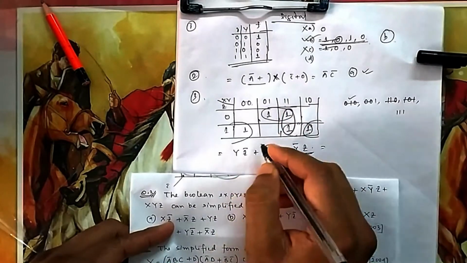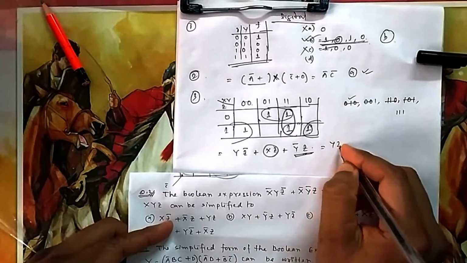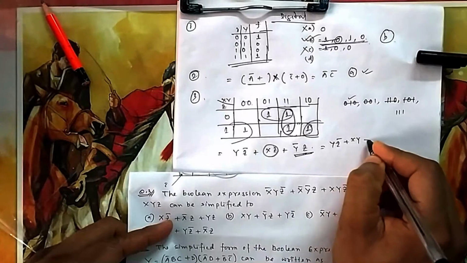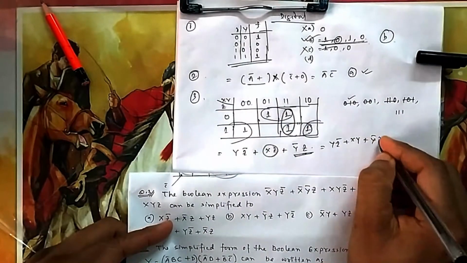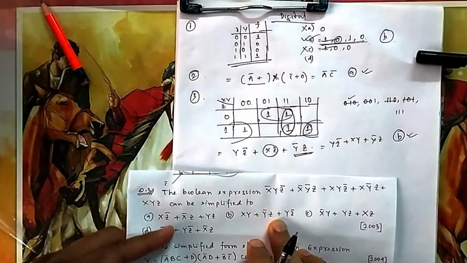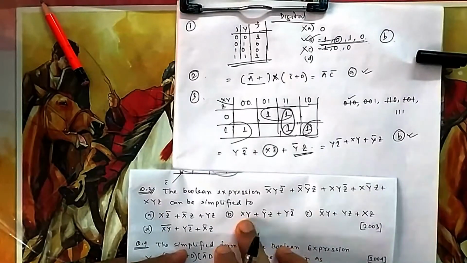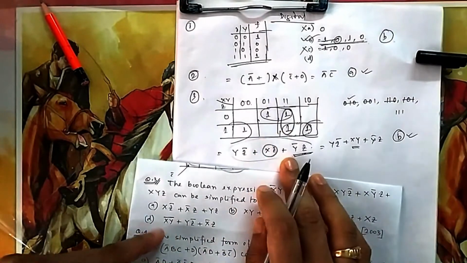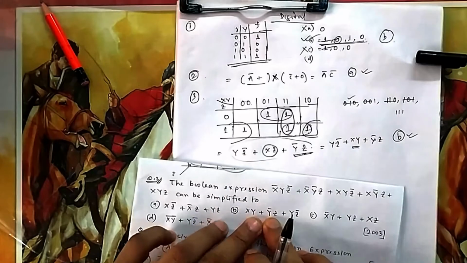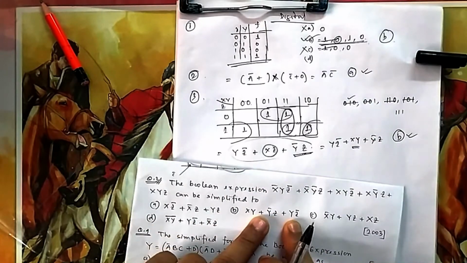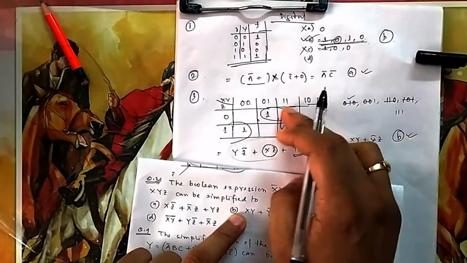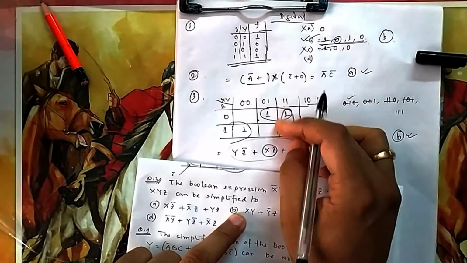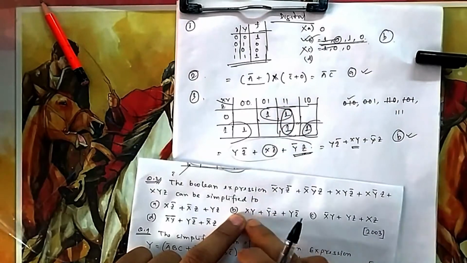If I take that one, this remains the same. This is for the first one, and the second one becomes this one. So if you take this one, this becomes your XY, and finally this becomes Y bar Z, which is equal to your option B. You see this one: Y Z bar, Y bar Z, XY. Suppose you are not getting a match with the options, then you check which option is the closest. You see this one is the closest, Y bar Z, Y Z bar. Then you think which one you have missed: XY. Then you think XY can be possible if I remove this pair and take this one as a pair.